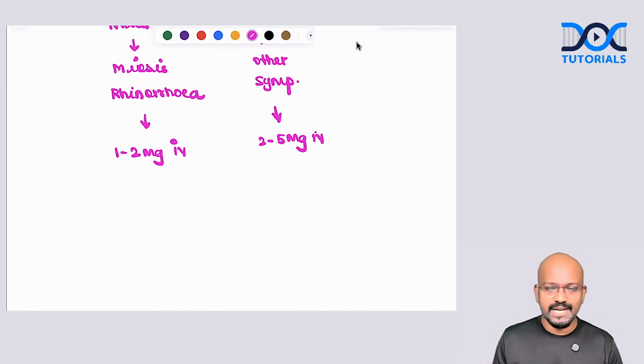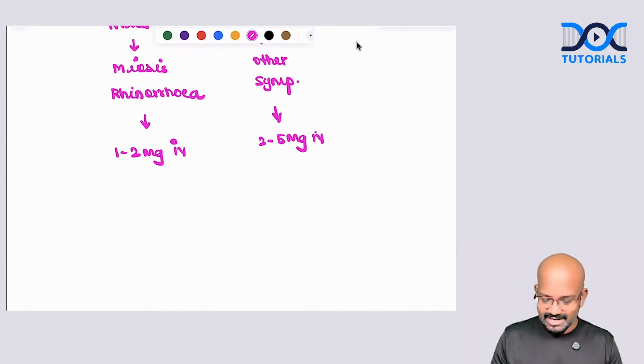For example, we have 4 or 5 drugs to be given for that. For all those conditions, there is no need to remember the drug doses of all the drugs, unless you are preparing for a prescription writing or prescription audit. Only for those conditions, you have to remember the drug dose. But for theory, there is no need to remember the drug dose.